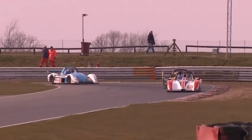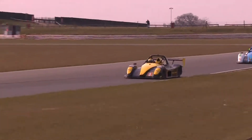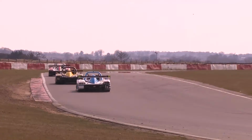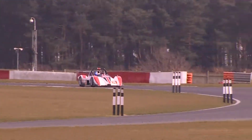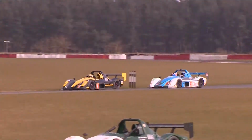So Abbott into 2nd. I suspect that Bradley Smith, the race leader, may be a little bit too far into the distance for James Abbott to close down, but all the same, it's a good drive from Abbott. He's having a very busy season. He's also racing in the Formula Ford Championship, supporting the British Touring Car Championship rounds,